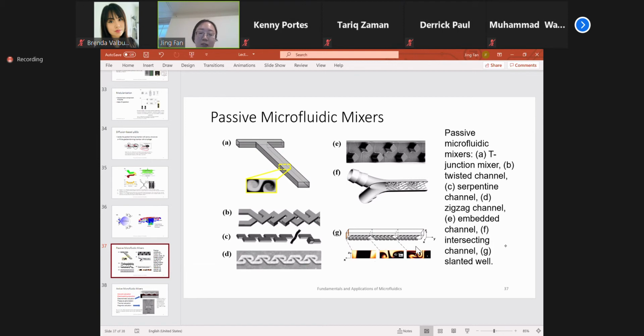Okay. So what is shown in panel B here is a twisted channel mixer with 2 layers of channels crossing with each other in a periodic manner. All the serpentine channels in this design are arranged at an angle of 45 degrees to the major axis, and the 2 channels are always perpendicular to each other, right? Okay, then panel C is